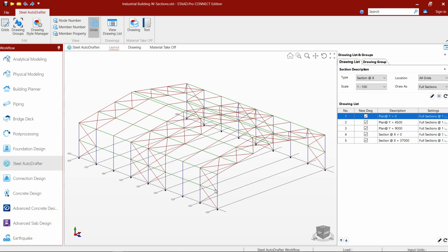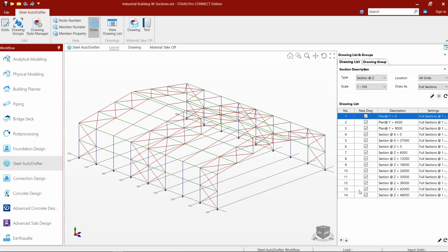So in this direction we have this one and this one. There were two sections. Then section in Z direction, that means this blue axis is the Z direction. So here we have 1, 2, 3, 4, 5, 6, 7, 8 and 9. So all these are here. So we will add all these drawings over here. So all these drawings are added.